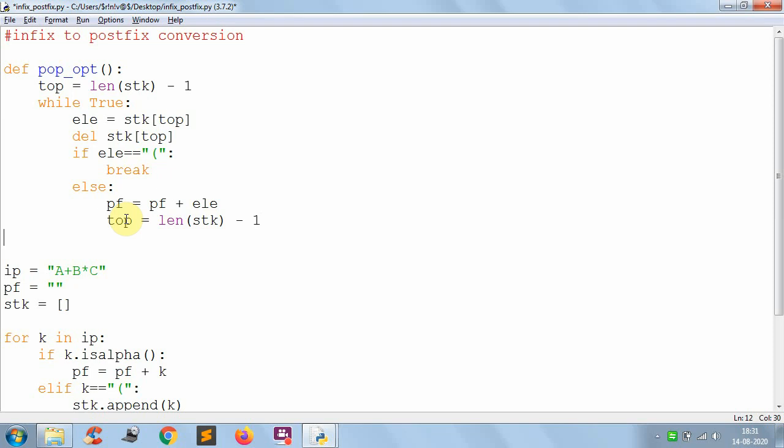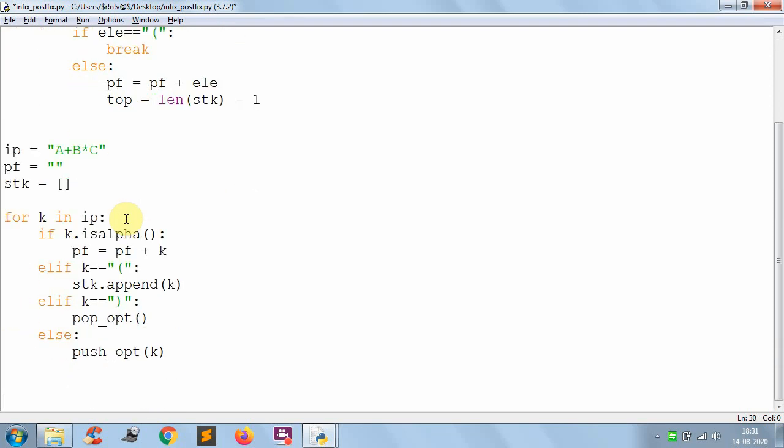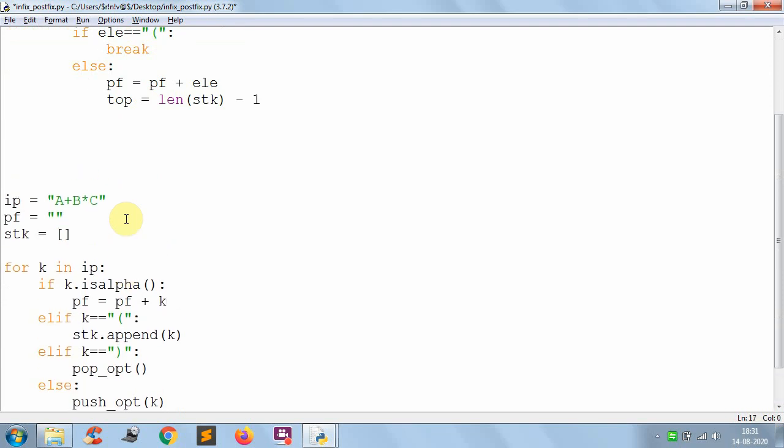That one is over, and your next function is push operator. Means if the input is an operator, what do we have to do? So let's define the function def push_opt. Here I have given the operator name opt.